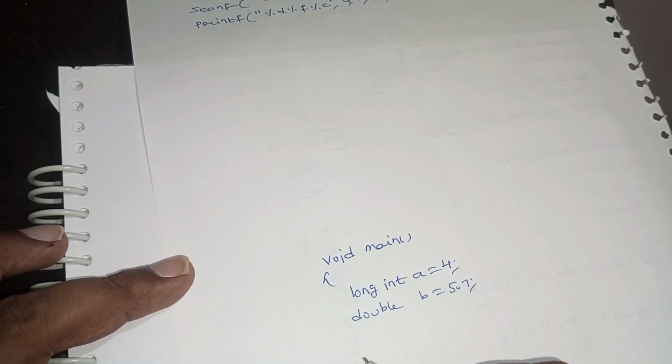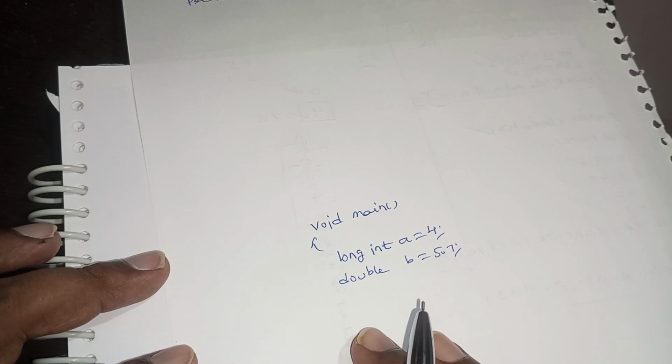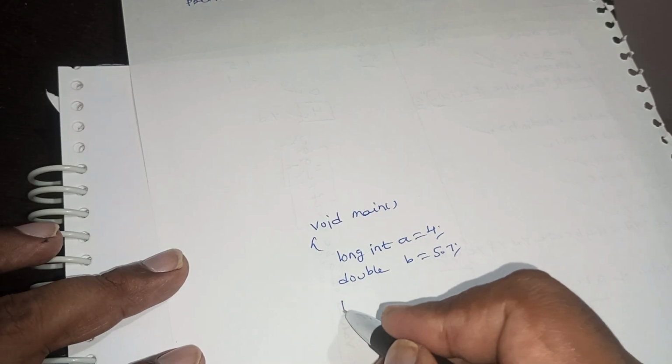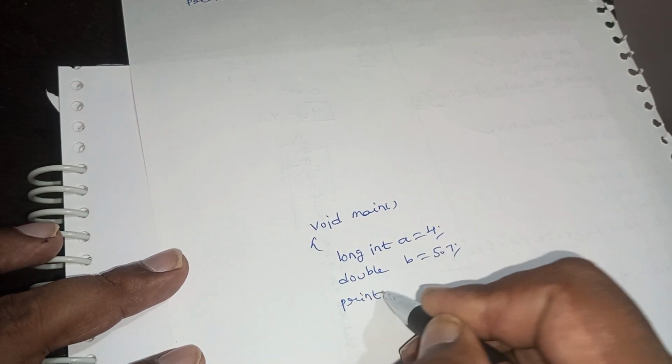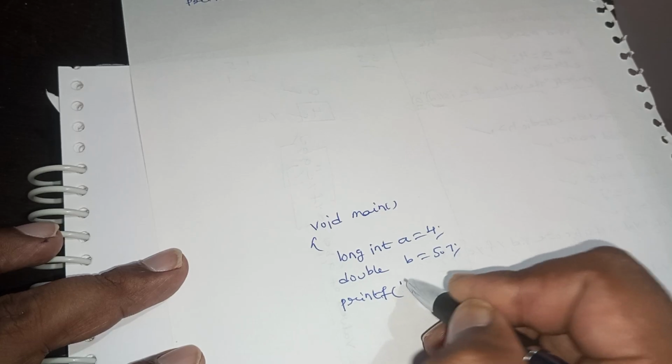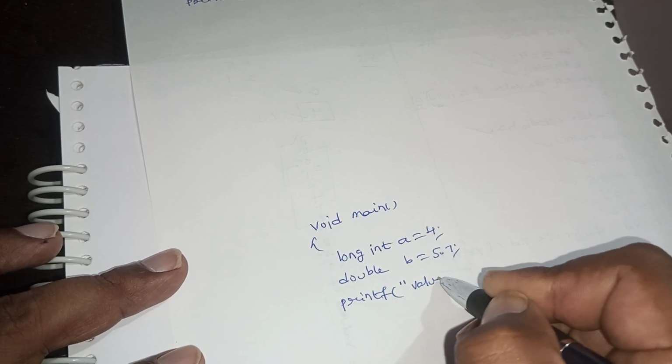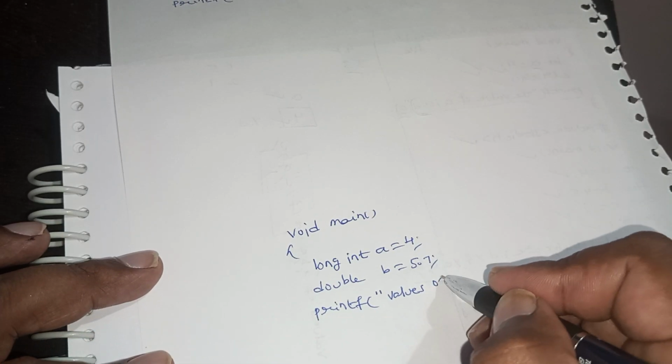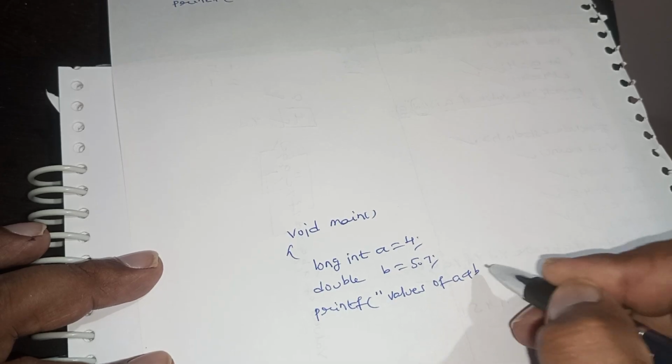So now how to print onto the screen? Using printf statements. Printf, values of a and b are,